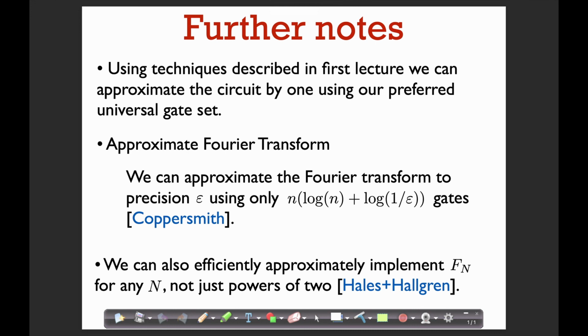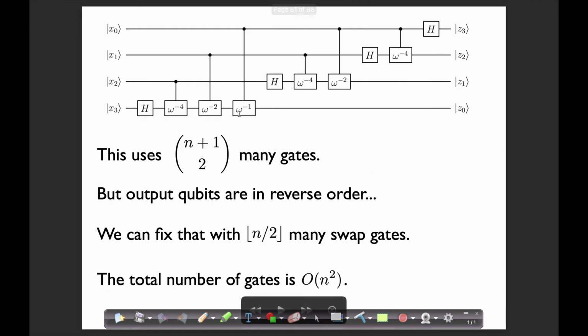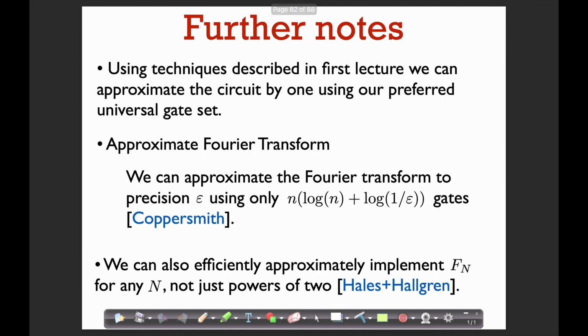Okay, so again, we've used these conditional rotation gates here, but as we saw in the first lecture, you can efficiently approximate this circuit using whatever other universal gate set that you want to use. So we've used n squared gates here. You can also approximate the Fourier transform to precision epsilon with just n log n plus n log 1 over epsilon many gates. Okay, and here we just designed the circuit when n is a power of 2,